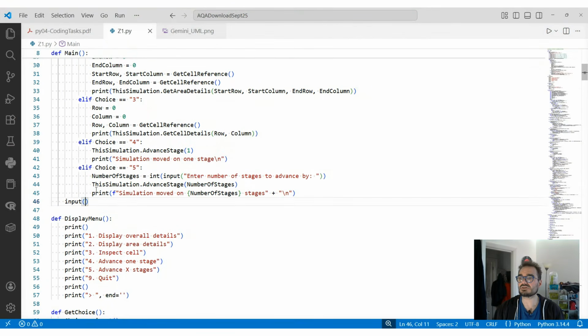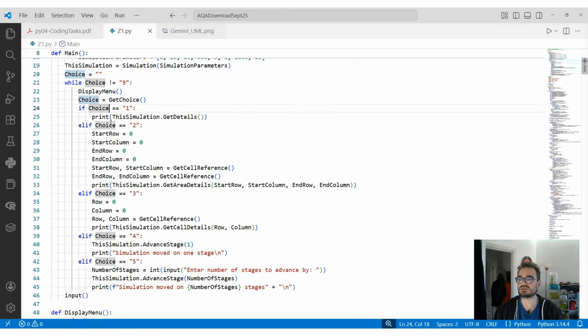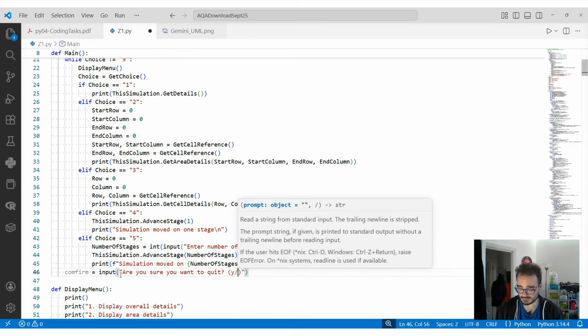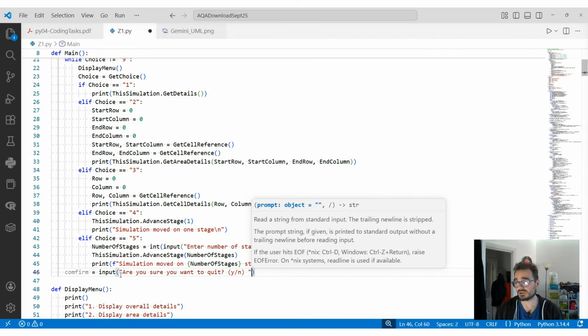Right, this guy here. So we take care of all of the choices that we have, except 9, that's the end. So if the choice is 9, we fall off this while, and the loop ends and the simulation ends. So we simply need to do confirm becomes equal to this input, and we are going to say, are you sure you want to quit, y/n, little space,